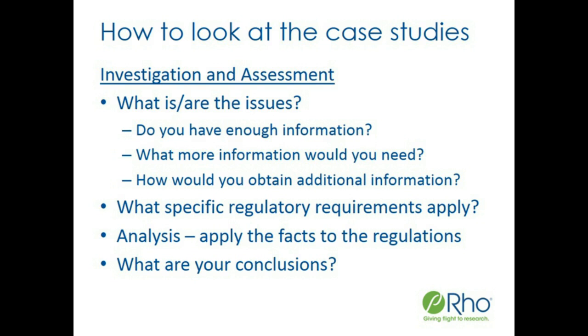And I think there's a difference between what information you need and what information you would like to have, because I would like to have a lot of information, but as we all know, in practice we are not always going to get all the information we need. So we need to focus on what we need to make an educated decision at the time. You also want to identify, as a part of this exercise, what regulatory requirements apply,